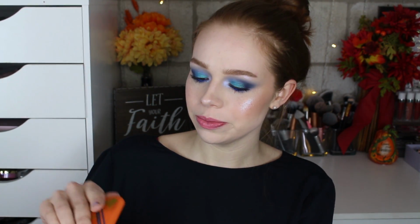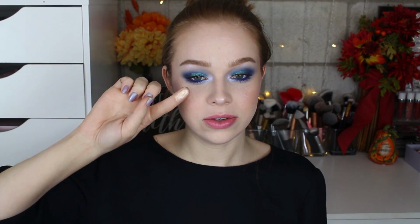So I'm just going to go ahead and start off with the most neutral shade, and this is Ray Rider. So there's what that one looks like. Super cute. And this is a nice kind of champagne type shade, and it's very soft. It does not have any glitter, any sparkles, or anything in it. There's what it looks like. It's kind of like a champagne-y gold,